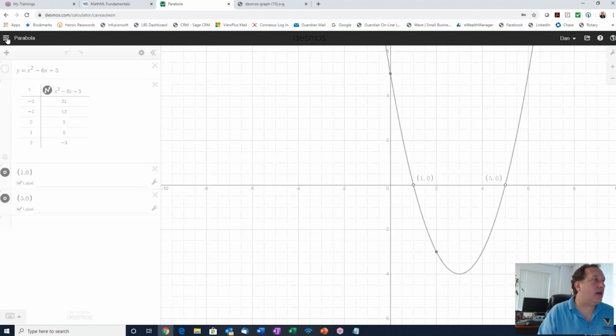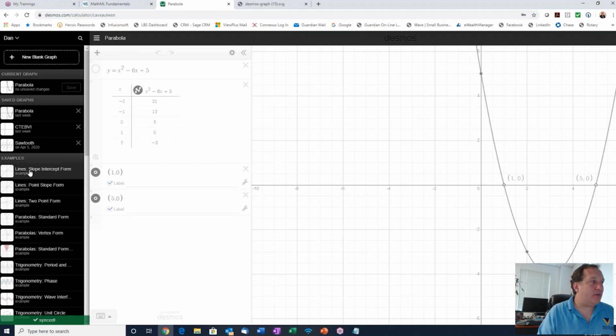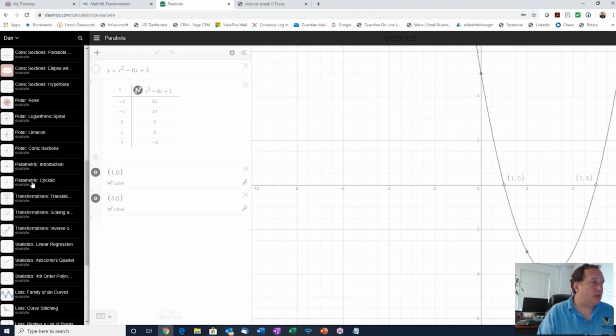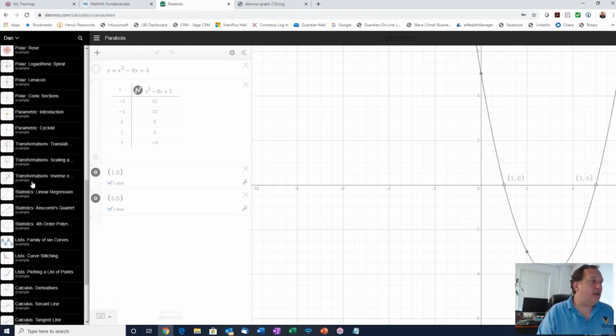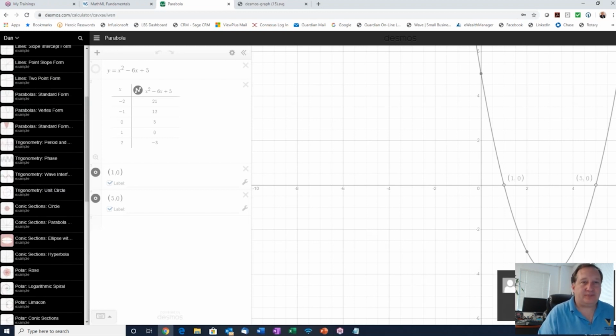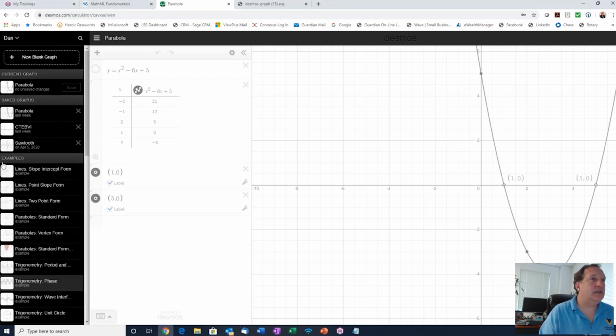They have everything from linear algebra examples of slope intercept, point slope, all the different standards for linear algebra, trig, polar and conic, as well as calculus, derivatives, integrals, those kinds of things. So math covering the whole spectrum of things, because with most of the online calculators, I can never get it exactly the way I want it. I can't get the axes out of the way, but it's nice to know what the plot's supposed to look like,